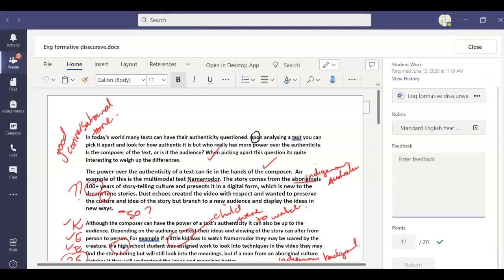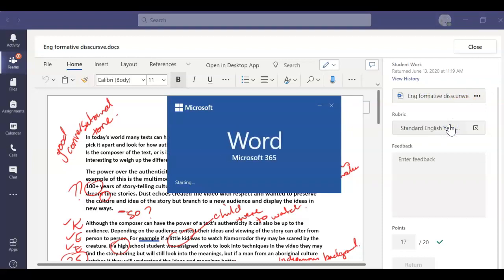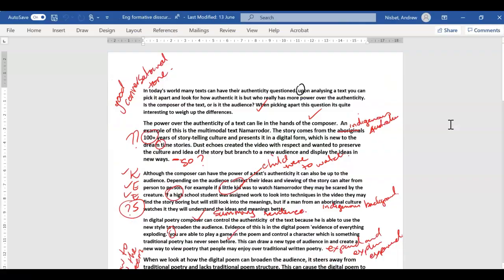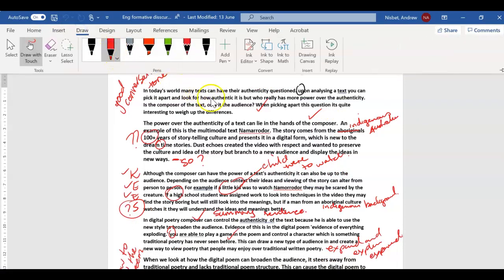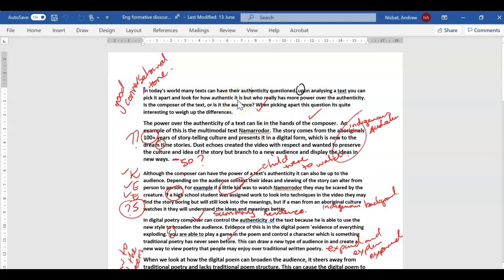What I did here, I could have just typed in the feedback there for Connor and said, you're doing a great job, and given him a mark and returned it, and I already have. But I actually opened it, used open in Word, and annotated over it with my stylus, and you can see that syncs up and saves there for the kids. I don't have my stylus with me right now, but I'll draw, there we go. I'll put a couple more ticks, and all I do is double check by hitting save there, and then when I close it,